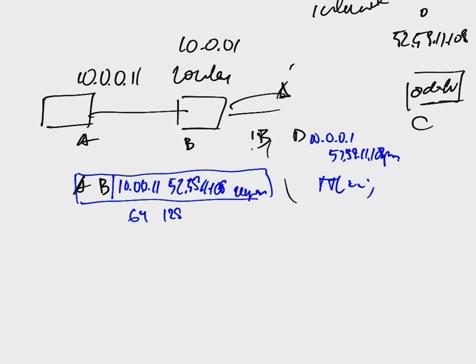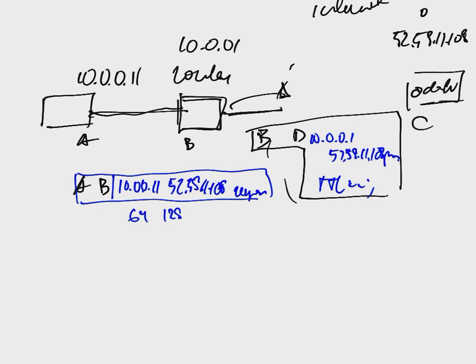So a completely new Ethernet frame was created in a completely new Ethernet network. My network was only from here to here, but here is another network, maybe Ethernet, maybe DSL, maybe LTE or whatever. A completely different structure of data was created with different frames, but this IP data was unchanged except some details like time to live, etc.